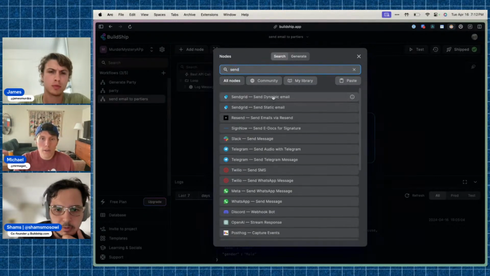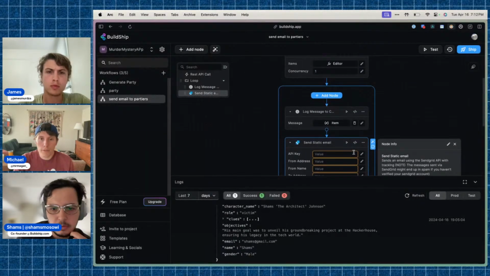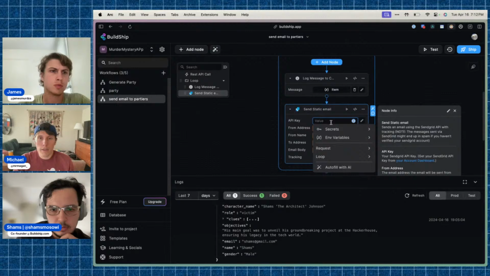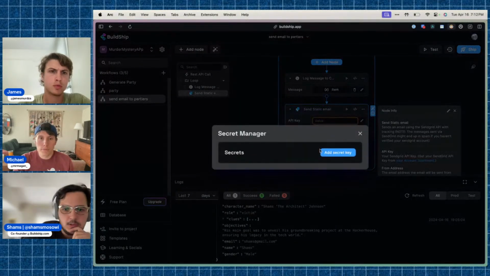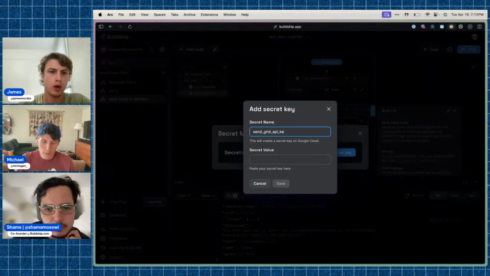Let's just create one. I think we want static because dynamic is... I agree, you just need the API key. And then I can add it as a secret, right? Correct. So you can call it SendGrid. You need to hide your screen for that one. Okay, I'm going to hide it. Let me know when you're ready. I'll let you know.